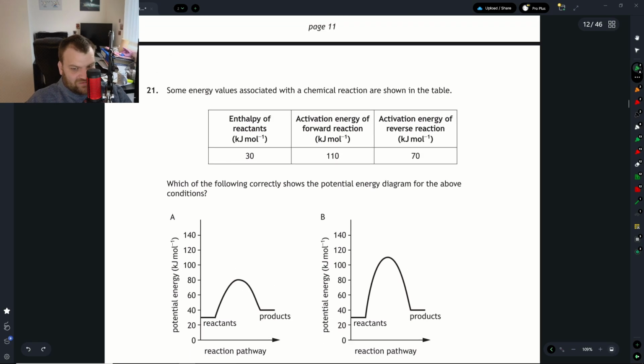Next up, we want the activation energy of the forward reaction to be 110. We're starting at 30. The forward reaction would be 50, which does not match what we want. We're going from 30 up to 110, which is a difference of 80, not what we're asked about. What I think they want people to look at is just the value here is 110, but that's not the activation energy. Activation energy is from where you start to the highest peak of the graph,